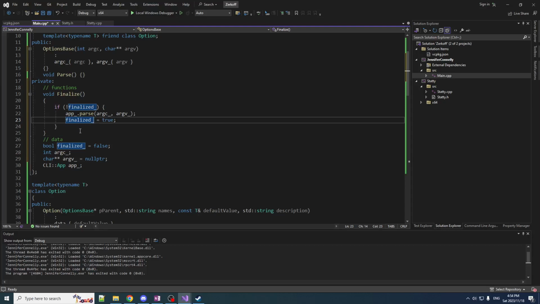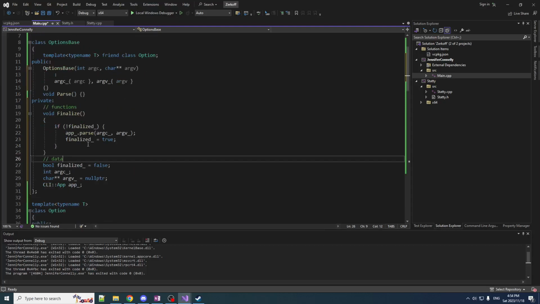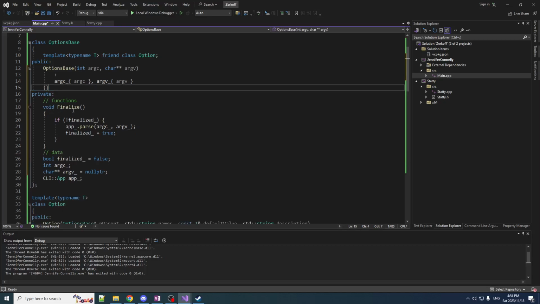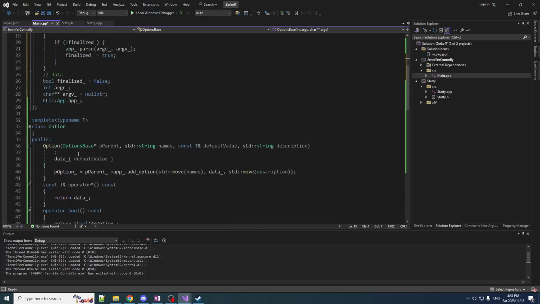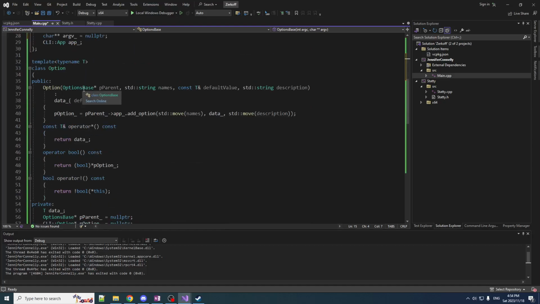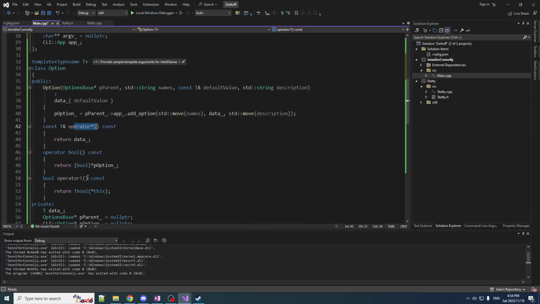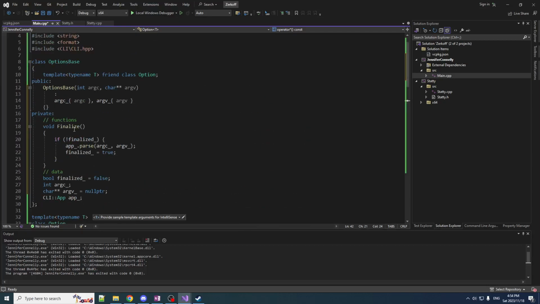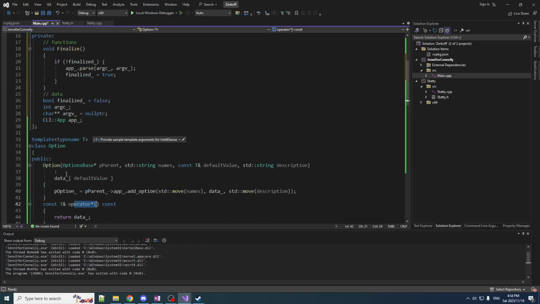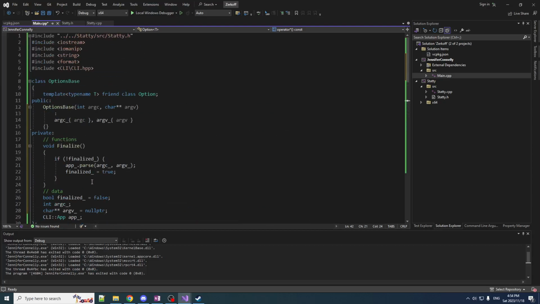And I don't think I'm going to use it, but I'll tell you about it anyways because it was kind of neat. It was fun while it lasted. So we put this function here, finalize, and whenever you call it, if it hasn't been already called, it is going to parse. That's cool. Where do we call it from? Anytime any one of the options is accessed to either get its value or get its presence information, we always call finalize. And this will ensure that the data is finalized before it is accessed, but after everything has been registered, by deferring it, by lazy